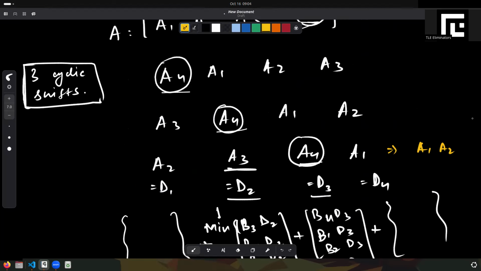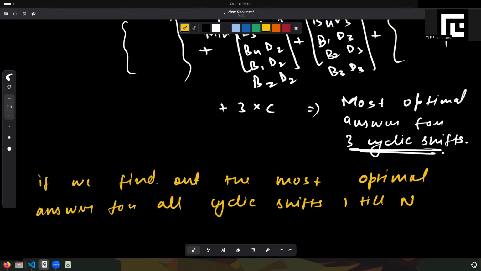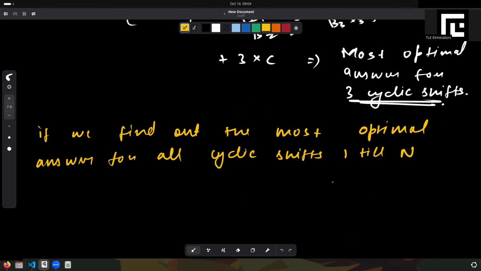So we don't need to perform more cyclic shifts after that. We'll just be repeating the operations. So if we find out the most optimal answer for all cyclic shifts 1 till n, we can take the minimum of that